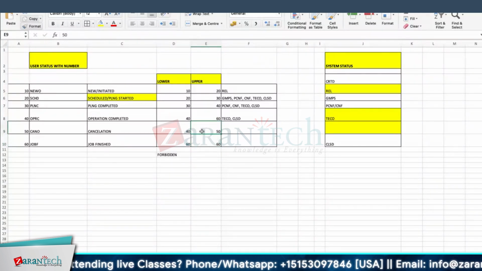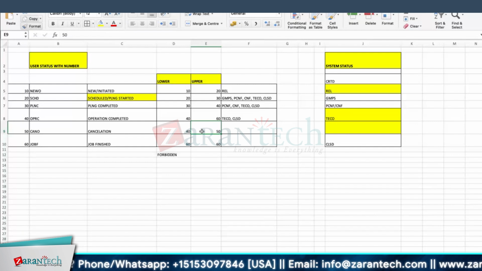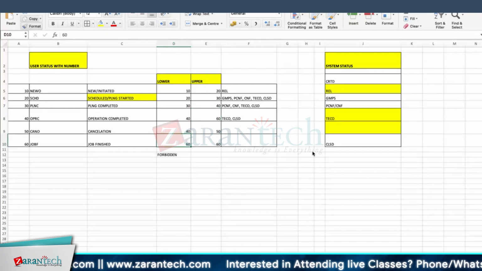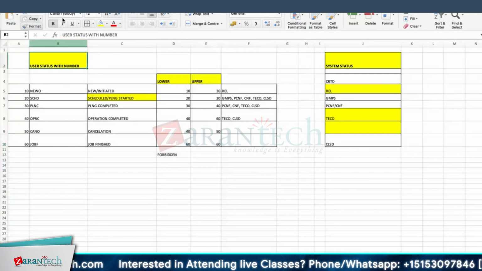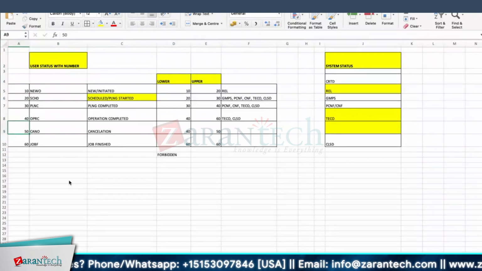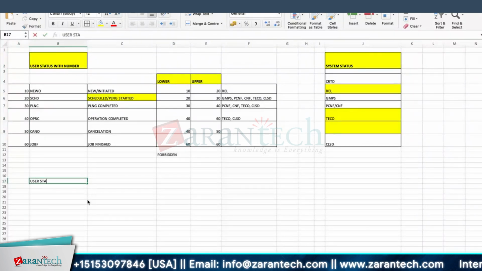Once you're set, you're set. You cannot go further. You can go back. That's it. Once you're from 62, you're 60, you can come. So this is called user status with number logic. With a number we will call it that, because these numbers are there. Now there is another concept, user status